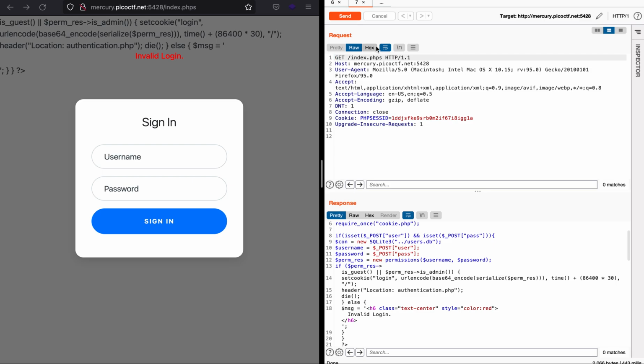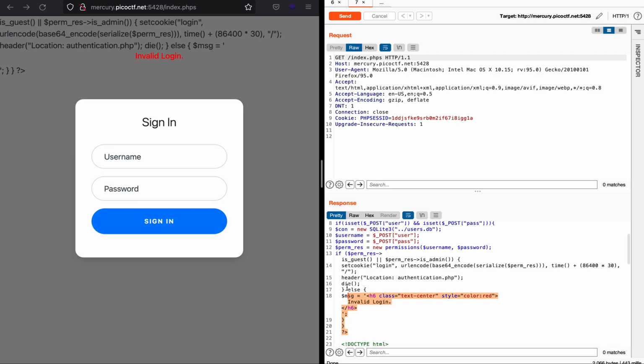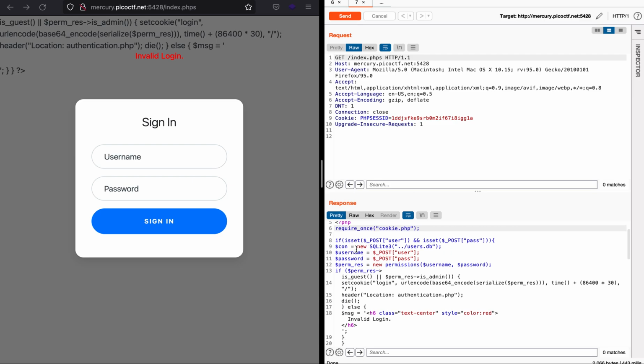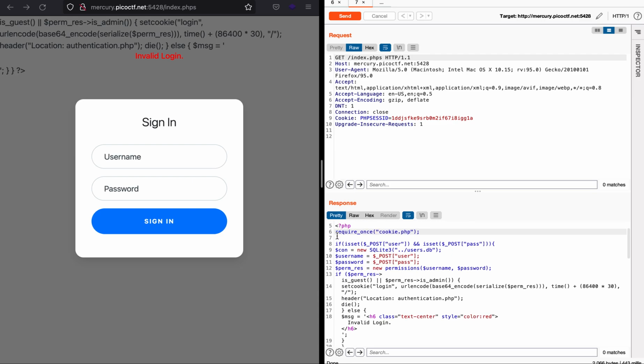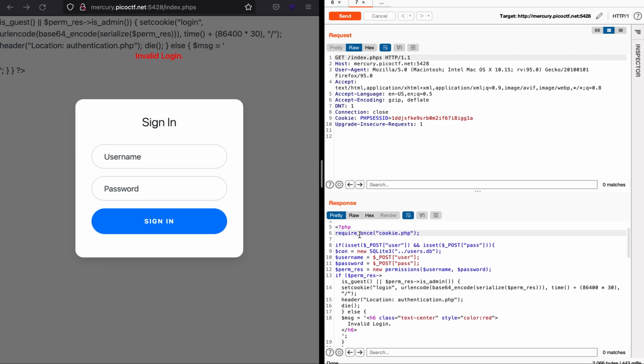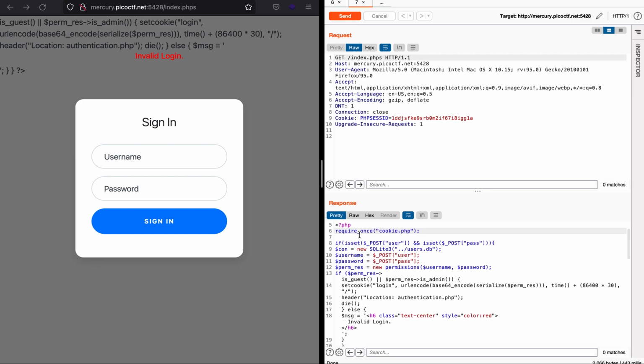So this is the beauty of .phps files. If it is a .php file, it will end up executing all of this. But if it is a .phps file or any other file for that matter, it will show you the PHP code as well. Just a heads up, I wasn't able to solve this challenge because of the reasons that you will see later. So I had to look up a write-up. This is something that I learned in the write-up, and it helped me a lot.